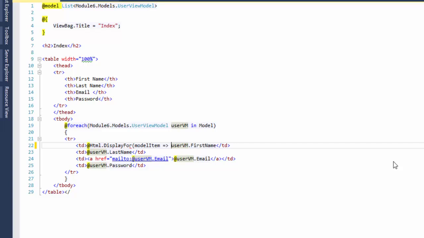So here we say modelItem arrow, and then we're just going to say userVM dot FirstName. We're still using that userVM because it's in the context of the foreach loop. So we're ignoring the collection here, and we'll talk about this in a later video, and go through what we need to do as it pertains to postbacks and things like that. So modelItem is basically a throwaway variable in this context, and we're using the userVM dot